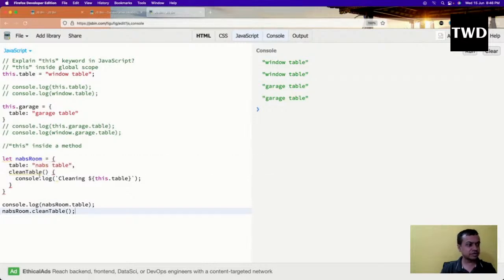This clean table is there. This keyword inside this function refers to the table inside the object napsroom. So this.table refers to the table inside the object napsroom. So this is how this is there. So this behaves in a lot of different ways. And now the last thing which we are going to see here is